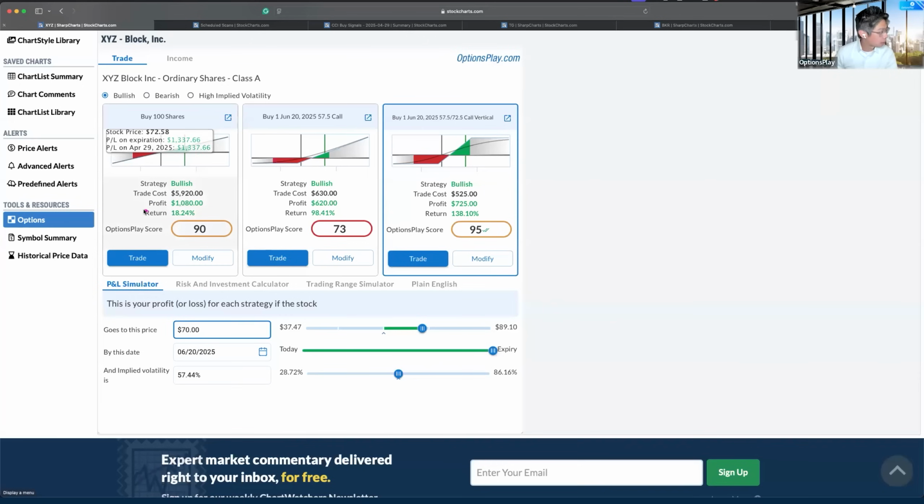If I bought the stock, I'm looking at about an 18% return if I went up to $70. If I bought the call option, I'm looking at a 98% return. If I'm looking at the vertical spread here, I'm looking at 138% return on my capital, right? So this is why the strategy on the right-hand side has the highest OptionsPlay score, because not only does it